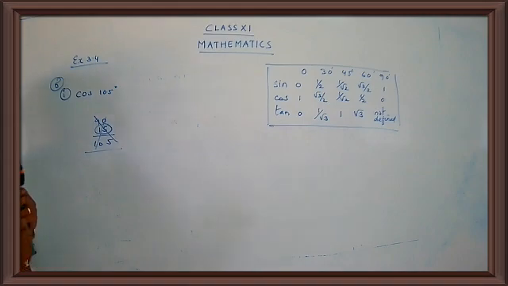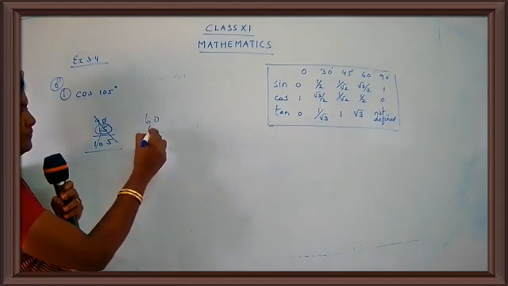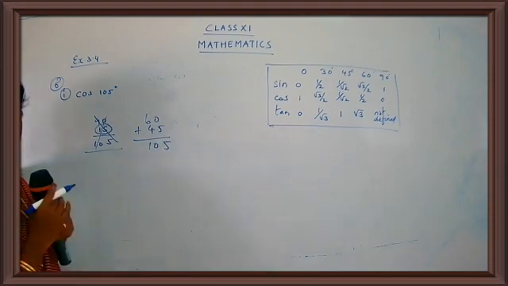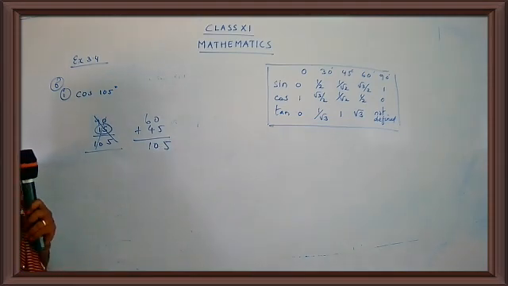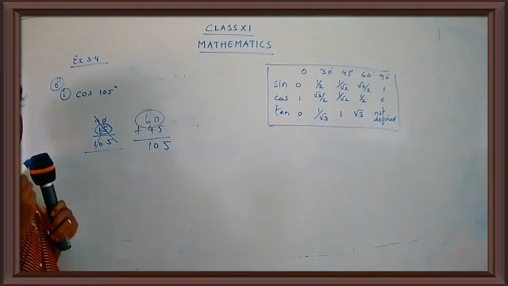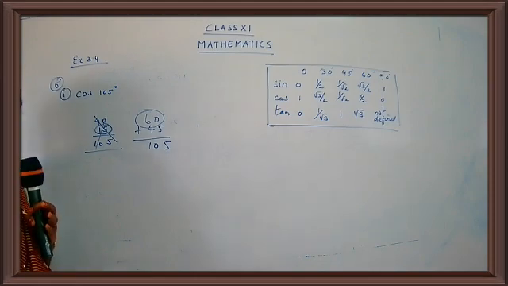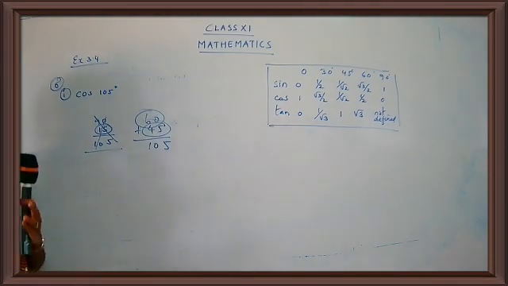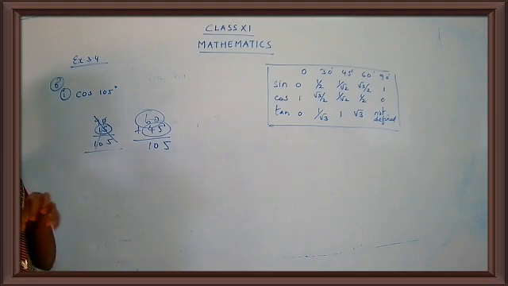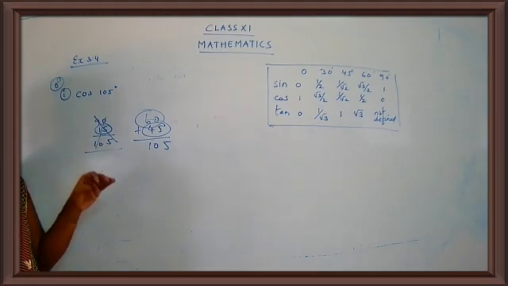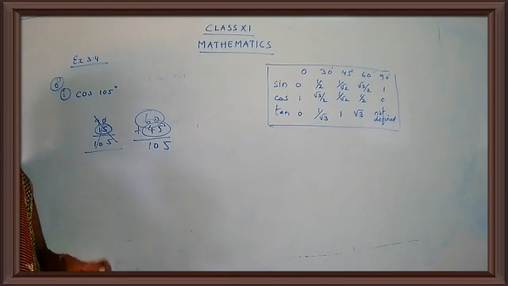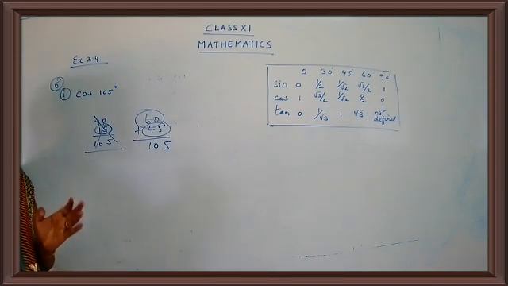So I'm going to split 105 as 60 plus 45. 60 plus 45 gives you 105. I know the value for cos 60, sin 60, and tan 60. Similarly, for 45 degree, I know the values of the different functions. Are you getting my point, children? We have many ways of writing 105, yes, I agree. But you are going to choose the way where we are able to find the values.